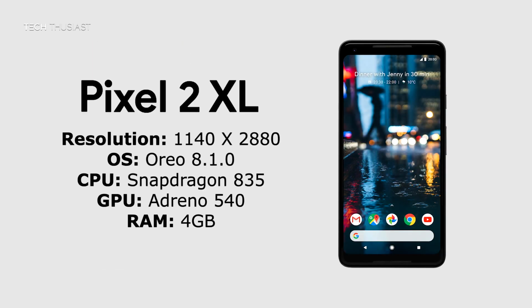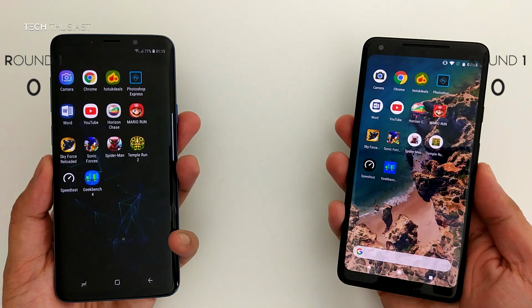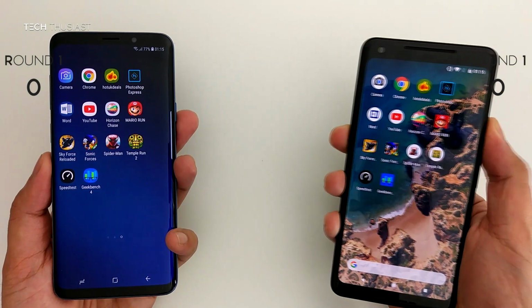of RAM. Next is the Google Pixel 2 XL. It also has a Quad HD screen. It's on the latest version of Android Oreo. For the CPU it has the Snapdragon 835, for the GPU the Adreno 540, and it has 4GB of RAM. Starting off with the fingerprint reader, they both seem to be unlocking at the same time, so I'll do